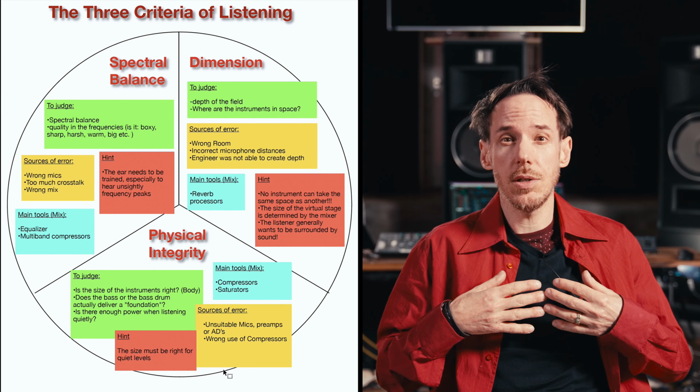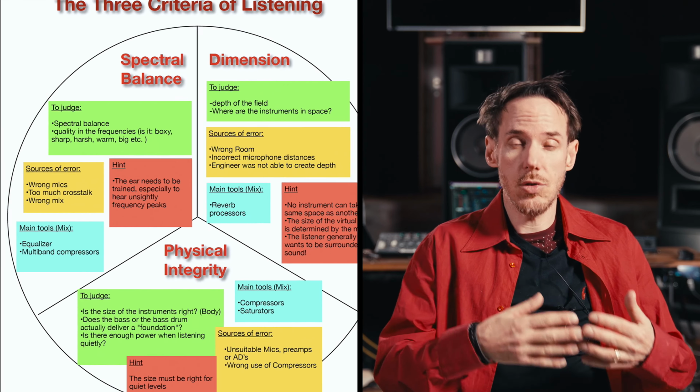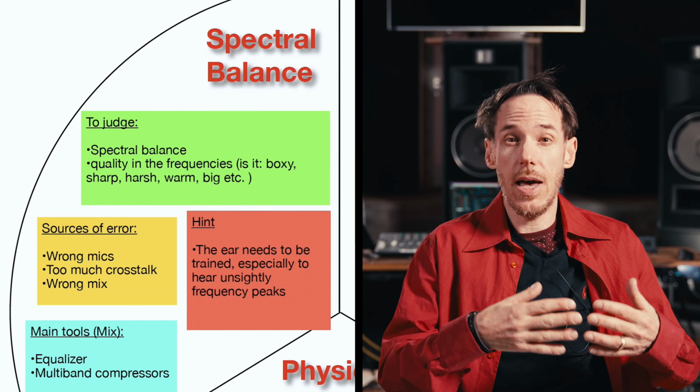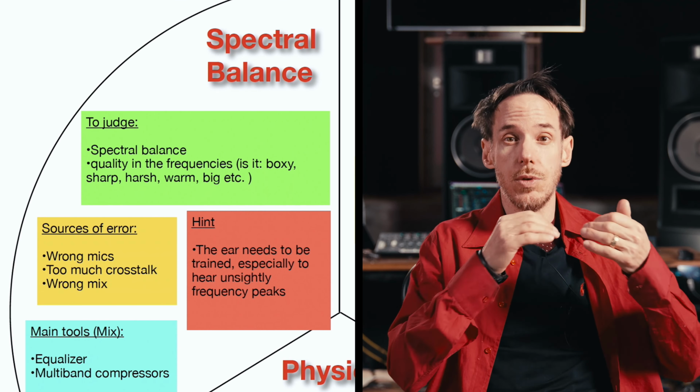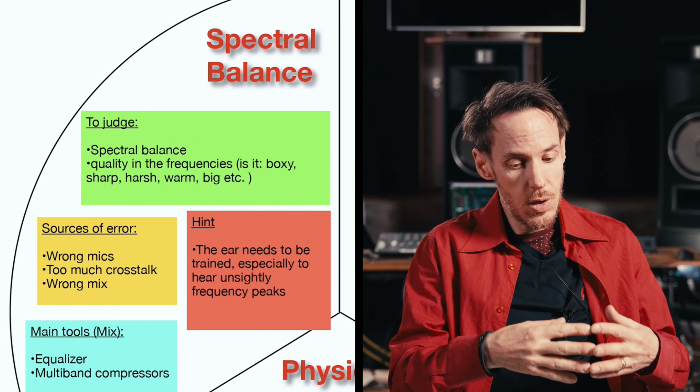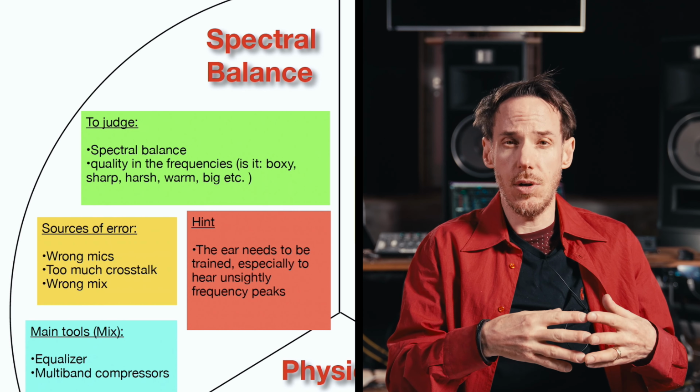Well, first of all, if we analyze sound, no matter whether we are in a recording or in a mix, I feel that it's easiest if we divide it into 3 categories. On one side, we have spectral balance. That's everything that is related to frequencies. If your mix sounds small, you don't have the spectral balance under control. Because if you have too many mids, everything sounds boxy.